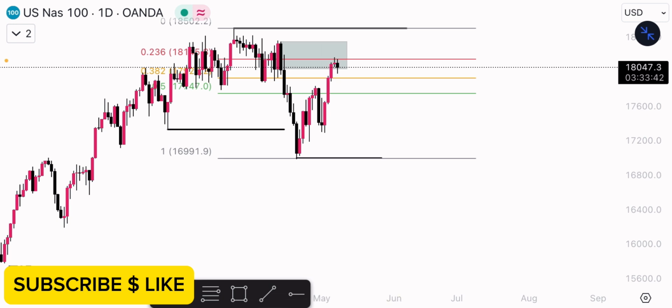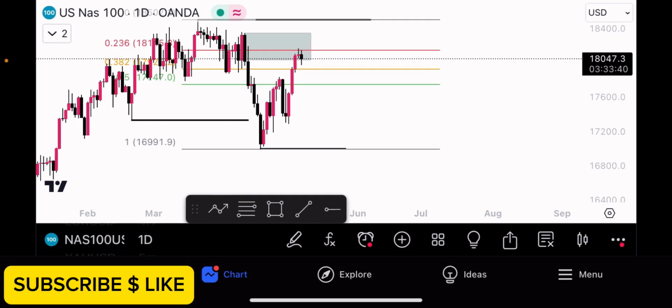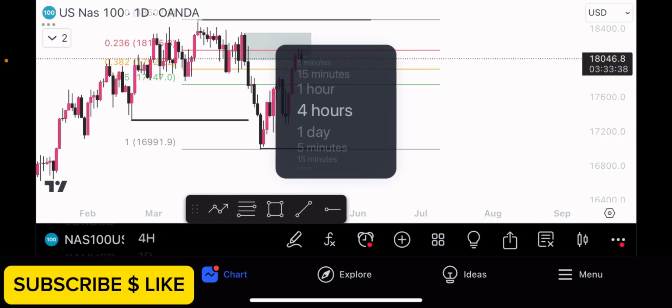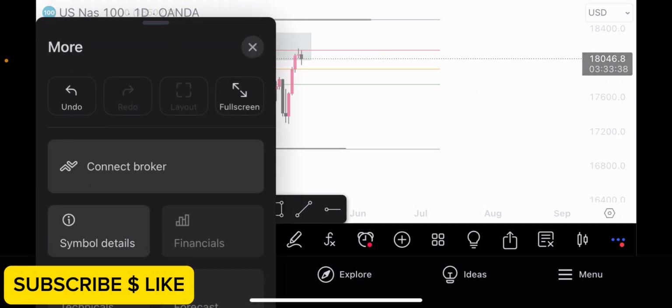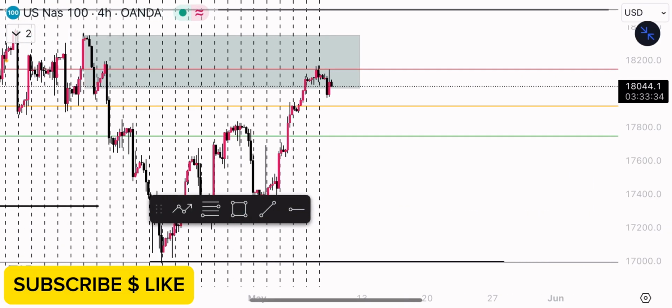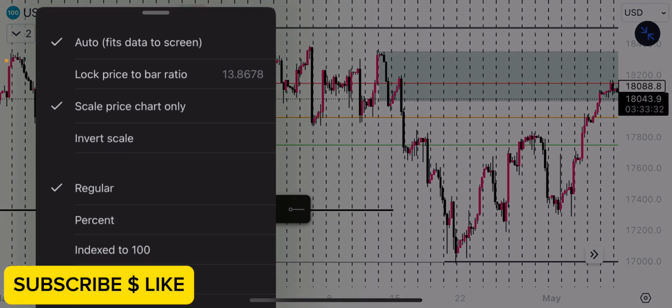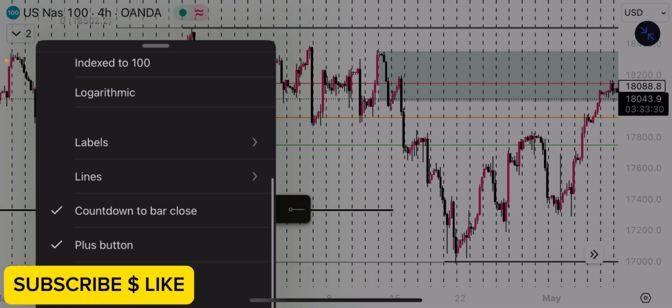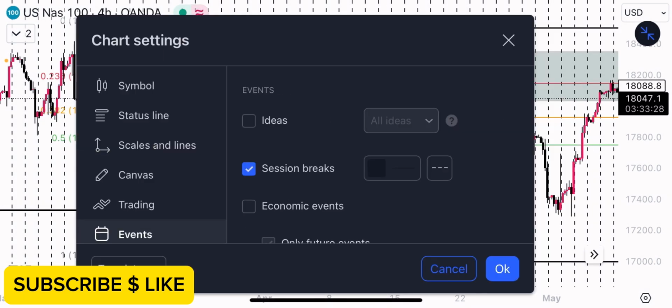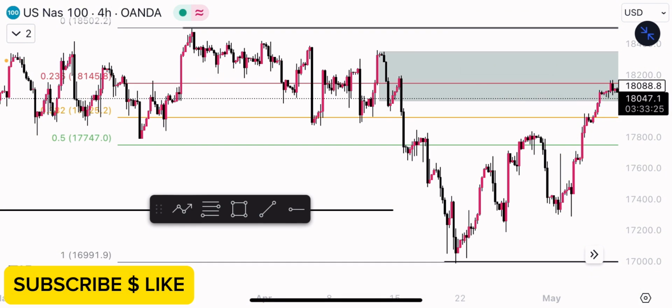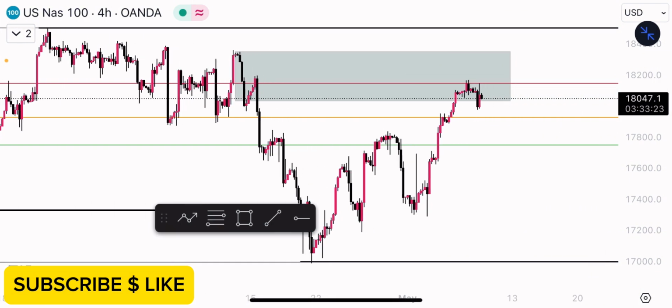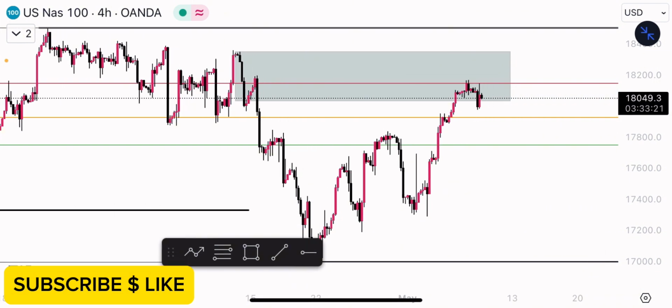Okay, I was seeing this analysis yesterday, which was Tuesday. I saw the setup and the market ended as what? As a rejection candle. So right now let me just remove these session breaks, okay, so you guys can be able to see what I was seeing. This was a very high probability trade, okay, and that was why I stuck very strongly to it,